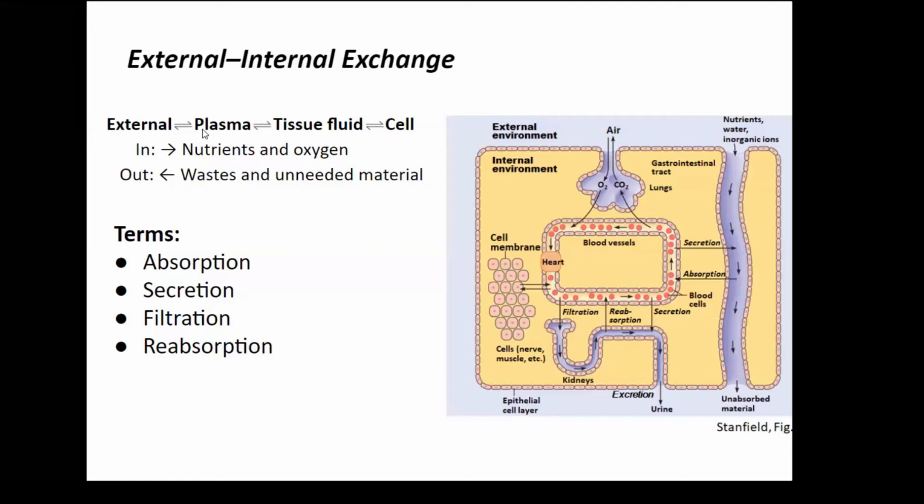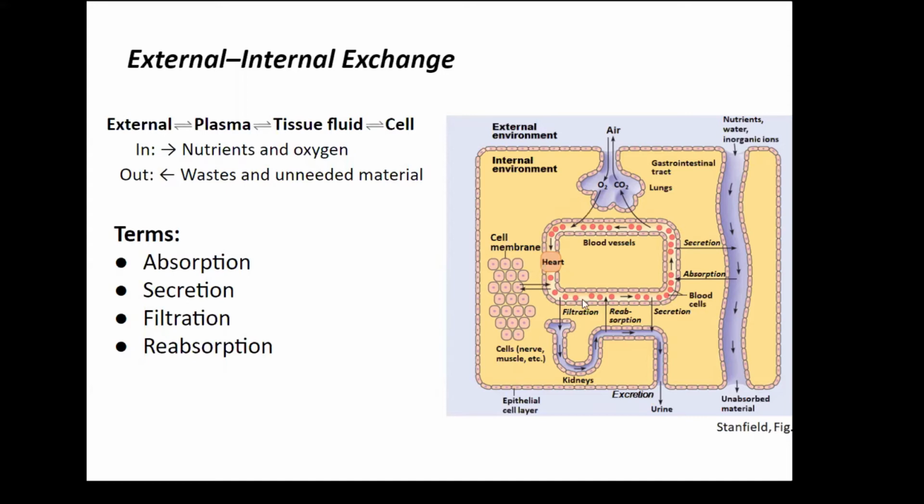Each of these pieces of the communication system has a different term. So we have absorption, so that's moving from the external environment into the body. We can see that little arrow here from our gut tube into our plasma. If we talk about the reverse, from the plasma to the external environment, we're talking about secretion. We'll also have some more specialized terms that'll become important as we talk about the GI system and excretion in general, which is in A and P2.